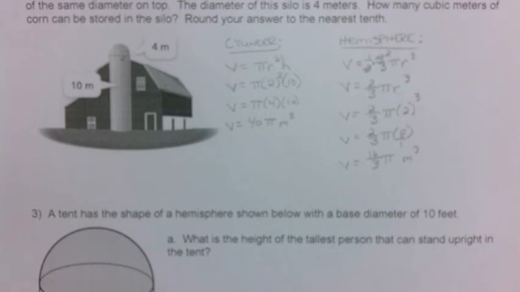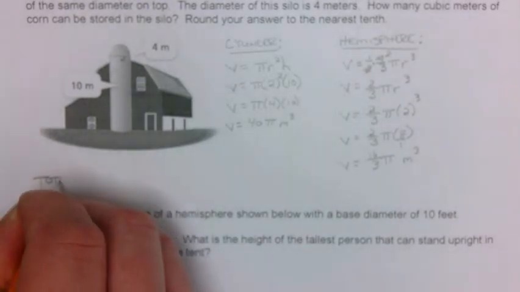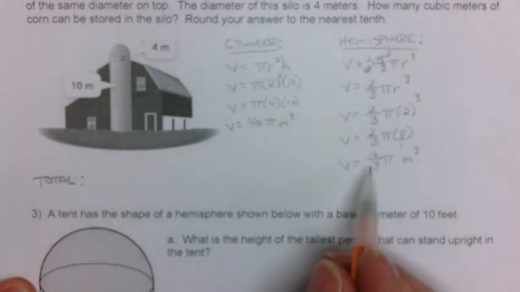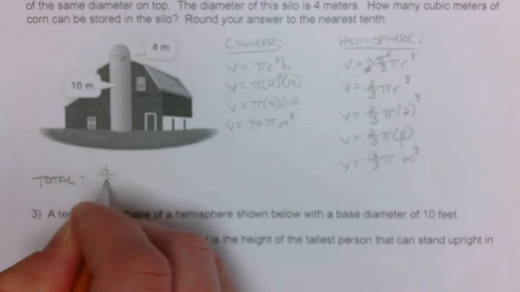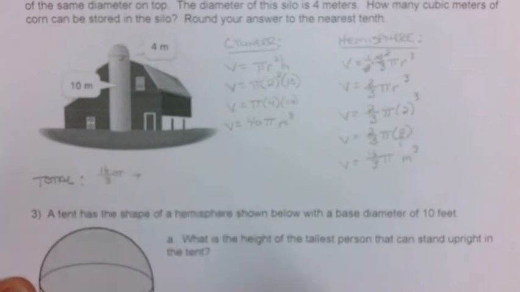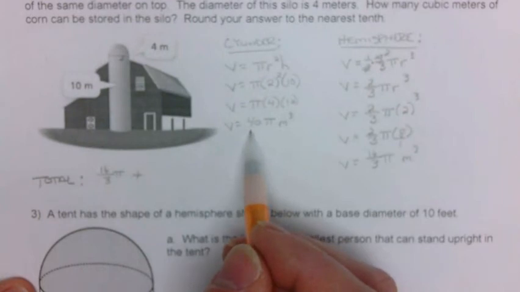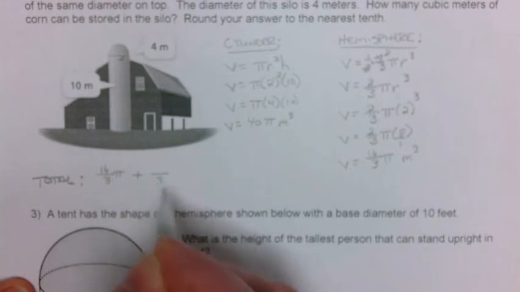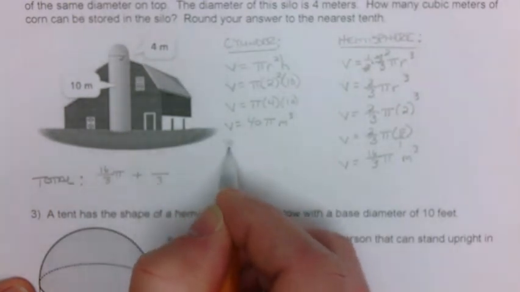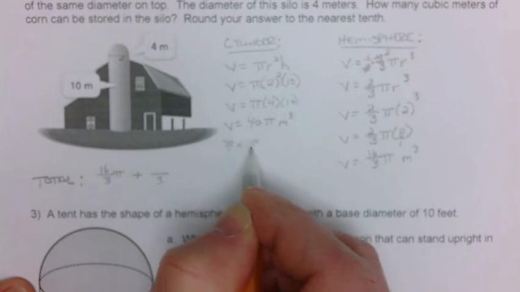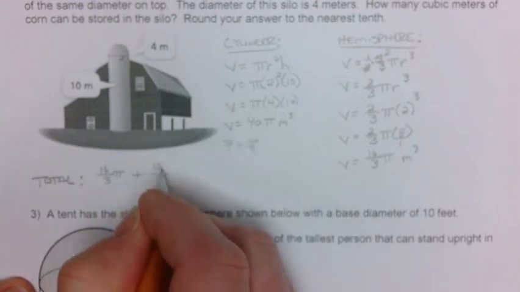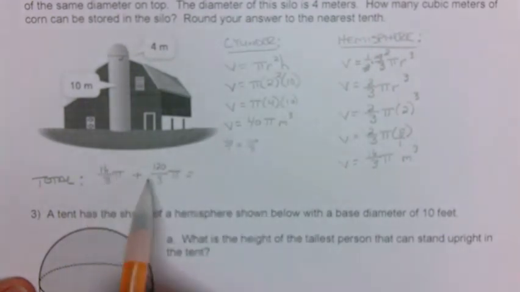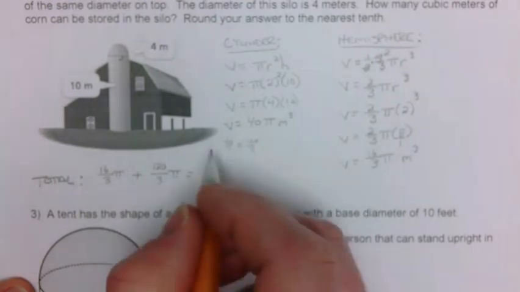Now to get the total volume, I'm going to have to add these two together. So I'm going to take the volume of the hemisphere, which was 16/3 pi, and I'm going to add to that the volume of the cylinder, which was 40 pi. But I'm going to have to get a common denominator over here. So I'm going to have something over 3. Well, 40 over 1 equals 120 over 3. So this is going to be 120/3 times pi. 16/3 pi plus 120/3 pi is